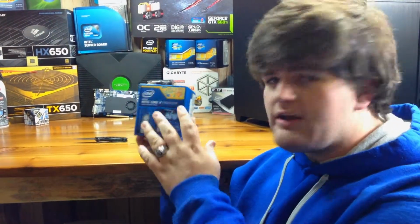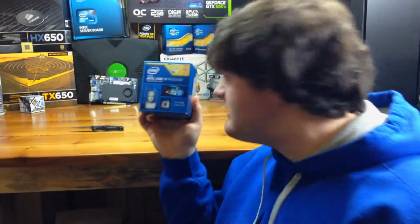Did you ever notice when I tell you the name of the product, I look at it? I don't need to do that. I remember that this is the Intel Core i7